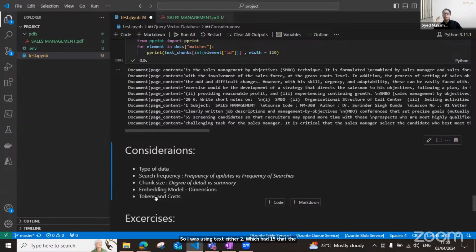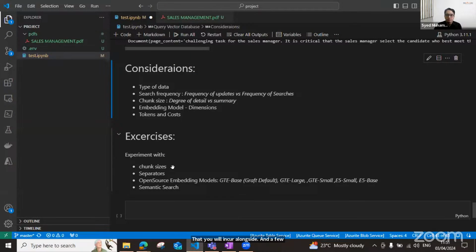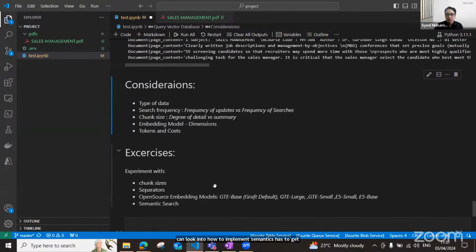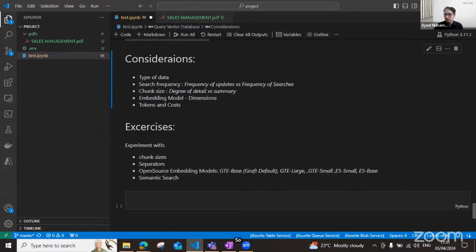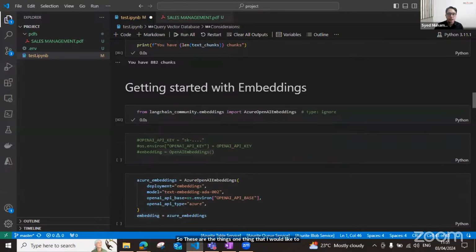Similarly, when we're talking about tokens, you're also going to be worried about the costs that you will incur alongside. And a few things that you can play around with are the chunk sizes and the separators. Instead of using text ada, you can use any other open source embedding models, which I've mentioned here. And instead of just a simple vector search, you can look into how to implement semantic search to get started as well. So these are the things. One thing that I would like to point out is whenever you are creating chunks,